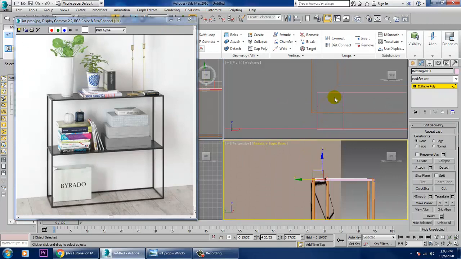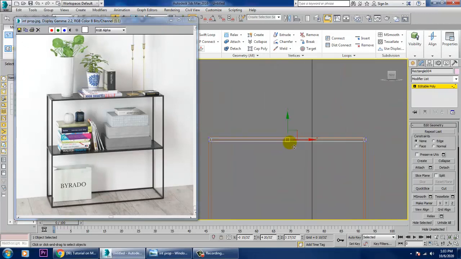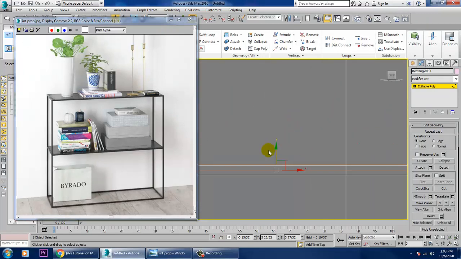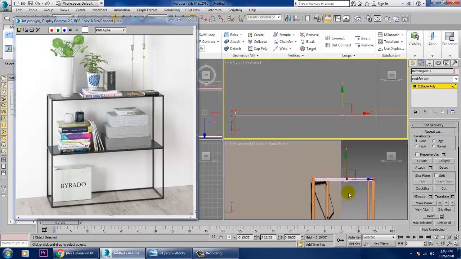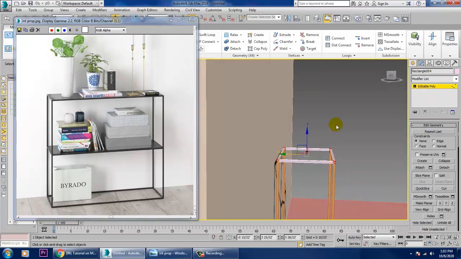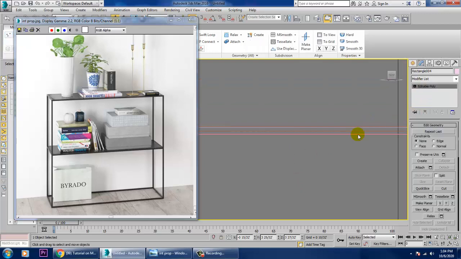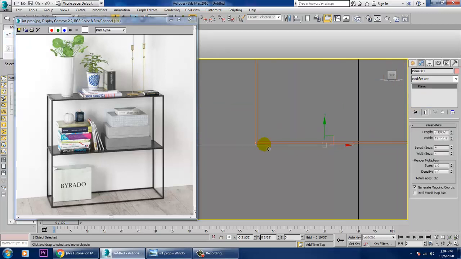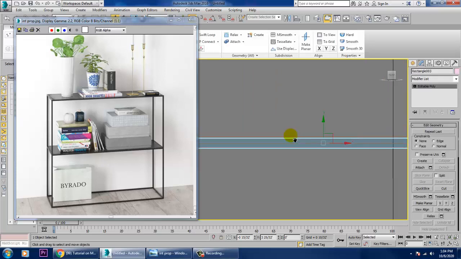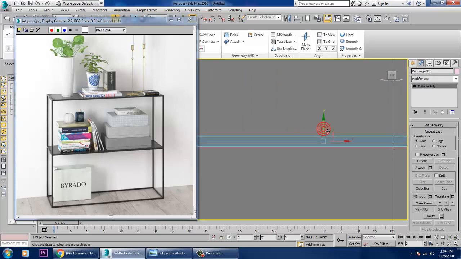Make sure you are perfectly adjusting it. Same things will go at the bottom also. So we can select this and push that up.